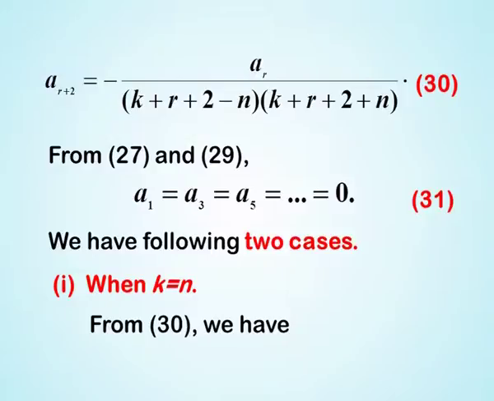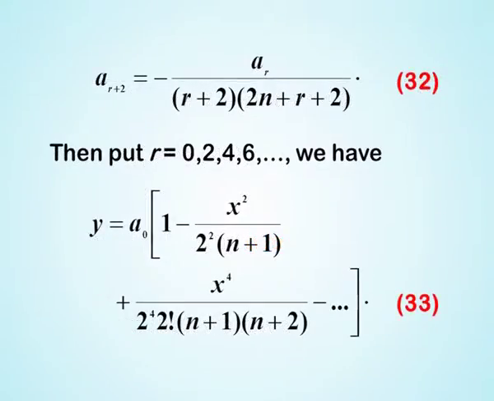We will refer to equation 30, and what we now have is this one. If I take k is equal to n, then I will be having a(r+2) is equal to minus ar times (r plus 2) in the denominator into (2n plus r plus 2). That gives us equation 32. Then we put r is equal to 0. You can see here in left hand side as well as in right hand side, in numerator and denominator, we have all r present here, and so we take r values of even numbers starting from 0, then 2, then 4, then 6 and then 8. We continue up to the infinite number of terms, and so we get a